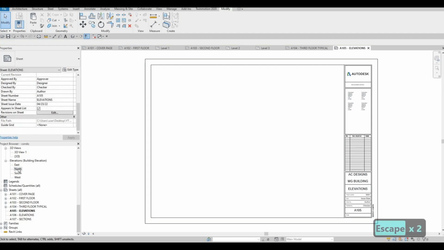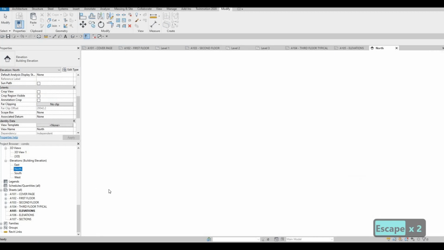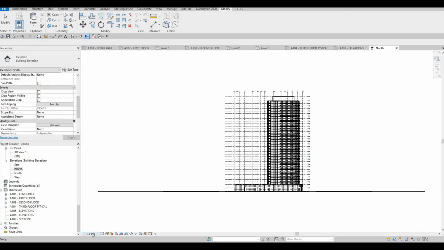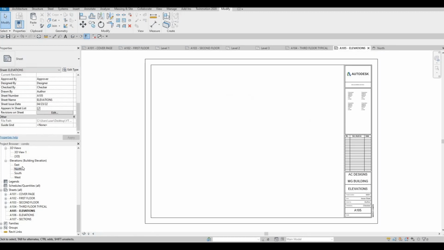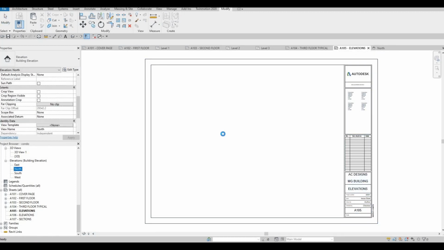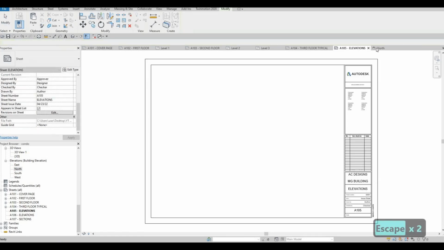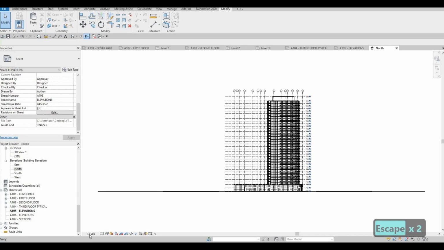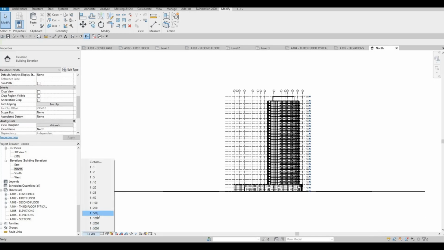So now we need to go to each and every one of them, and we might change it to 1:500 or 200. Let's see 200 first. And then let's see. I think it's still too big. Okay, so now let's change this to 1:500. And then we could create a custom